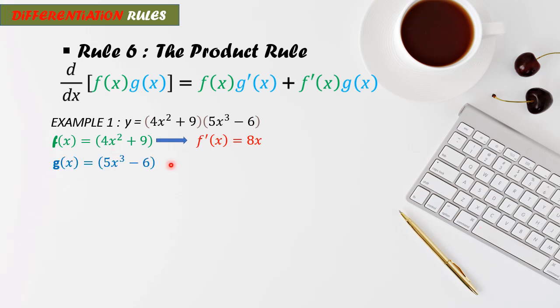Okay, we have the second term, the g of x, which is this one. Copy it, and then find its derivative. The derivative of the second term is 15 squared. Now,